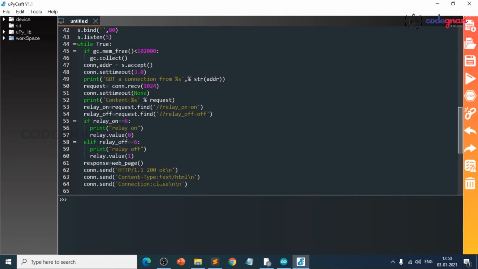Yeah, this is the format we will send the HTML URL here.